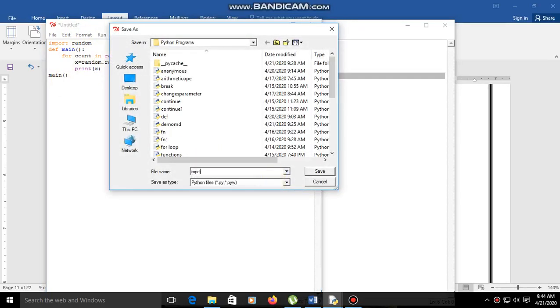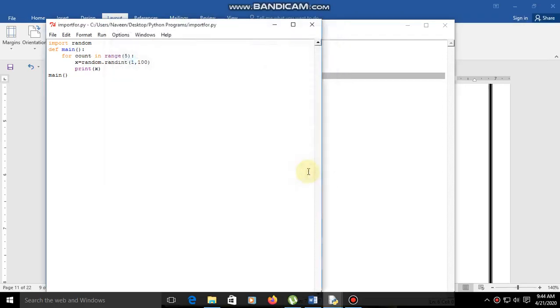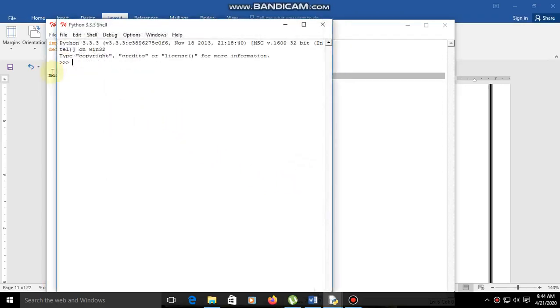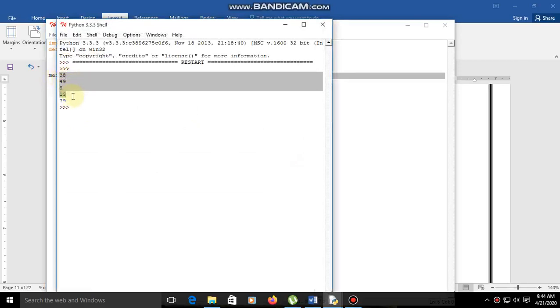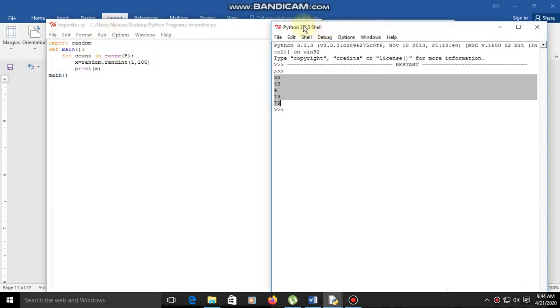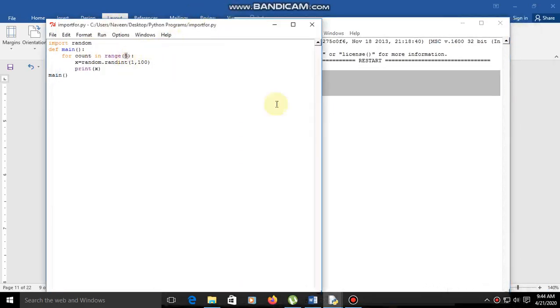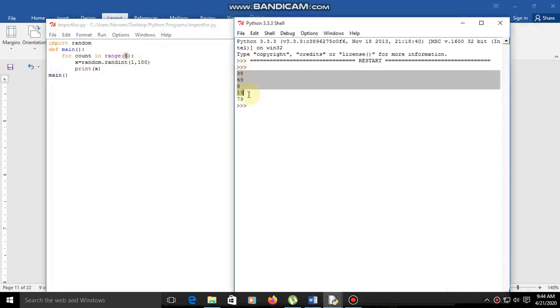Import for dot py, save it. Let us see. 5 values we got, right? In the range we gave 5, so that's why we got 5 values.